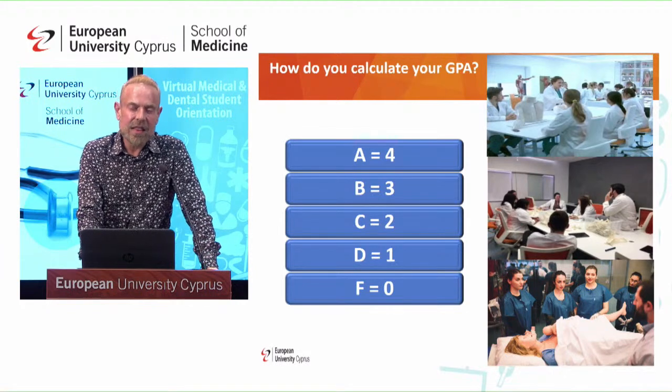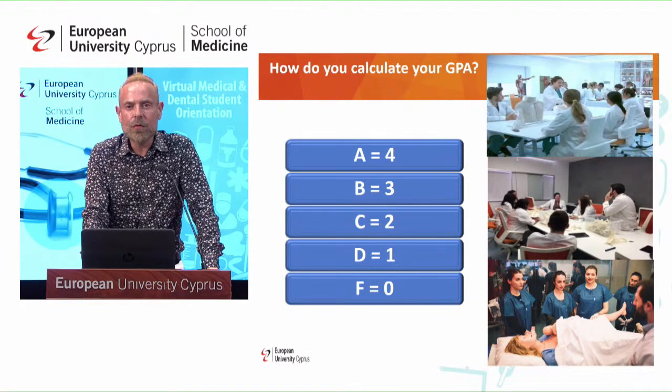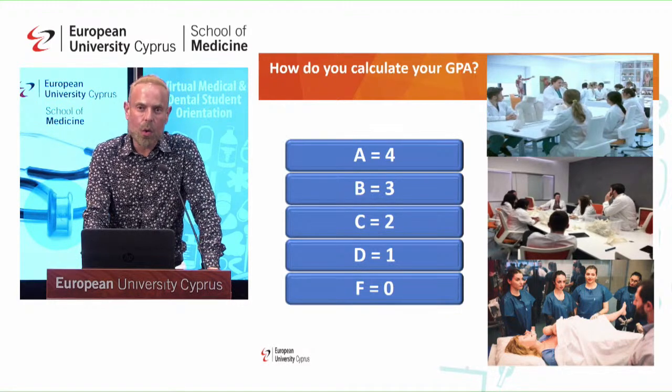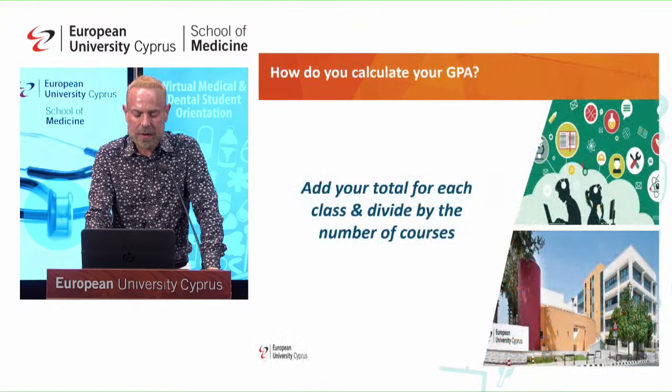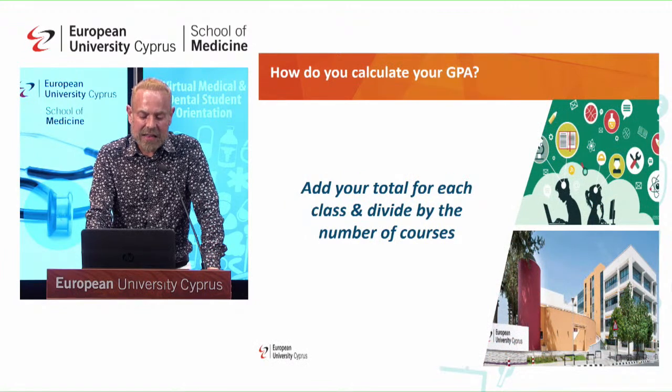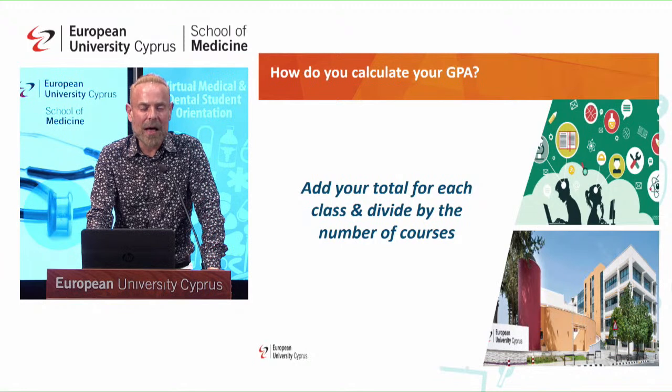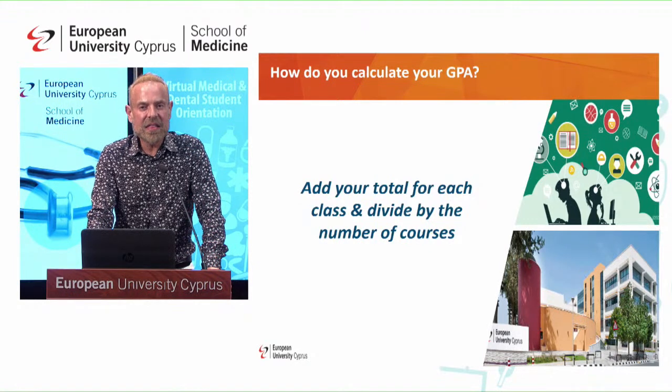And you need to understand that because it is normally impossible for any student to receive all A's or all B's or all C's, what we are doing in reality is calculating the average GPA per semester and per year. And in order to find your average GPA, you simply divide the number you receive by your classes. So if you've got 5 classes, for example, and you've got a GPA total of 18, the only thing that you need to do in order to find your average GPA is to divide 18 by 5.